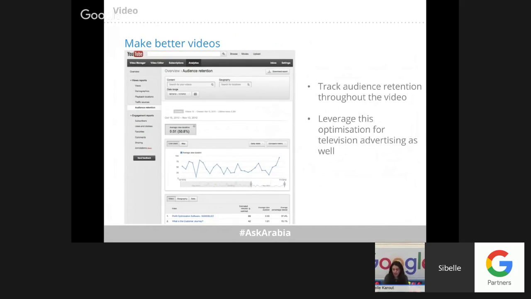As well, it will allow you to understand how your videos are performing. You can track audience retention throughout the video, how many viewers actually proceeded to click on your website, or how many viewers watched only 25% versus people that watched 100%. And you can optimize first on that. So if you notice that you're losing a lot of your viewers, it means that your video needs some editing, or you need to make it more compelling.